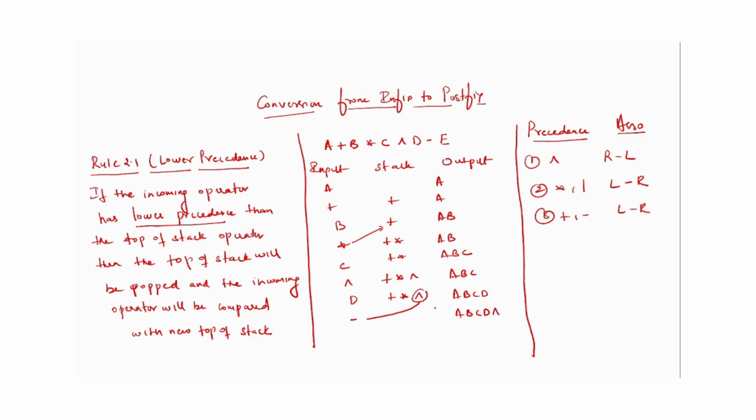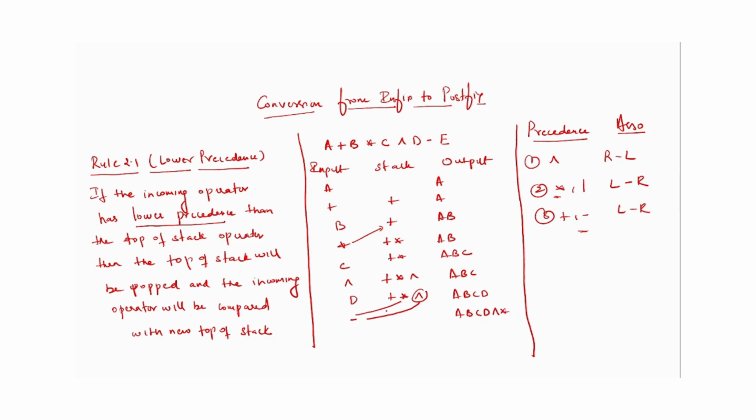But after popping out, we just cannot push minus into the stack. We need to compare minus with multiplication as well, right? So that's what the rule says. Then the top of the stack will be popped and the incoming operator will be compared with the new top of the stack. So once exponential is popped out, minus will be compared with the new top of the stack, that is multiplication. Now we already know that minus has less precedence than multiplication. Minus has less precedence than multiplication, right? Therefore we also pop out